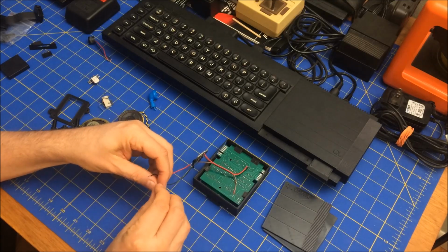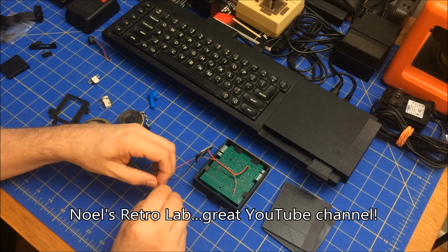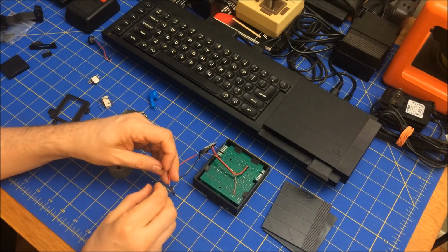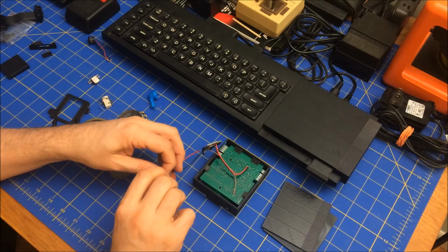So this all came about because Noel from Noel's Retro Lab had emailed me recently saying, hey, I just did the mod for my vDrive and it sounds horrible. Have you done yours yet? And I'm like, no, I haven't done it yet. So I did mine. It was just a simple mod,